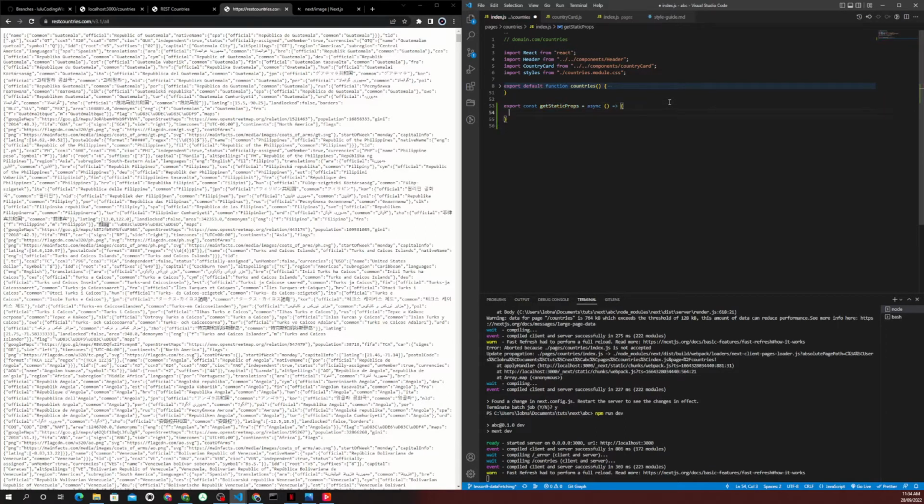How does this function work, or when does it work? This function runs at build time. It runs much before our content is loaded in the browser, and that is what we need, right? Before we load our content in the browser, we need our API call to be made already and the data fetched already,